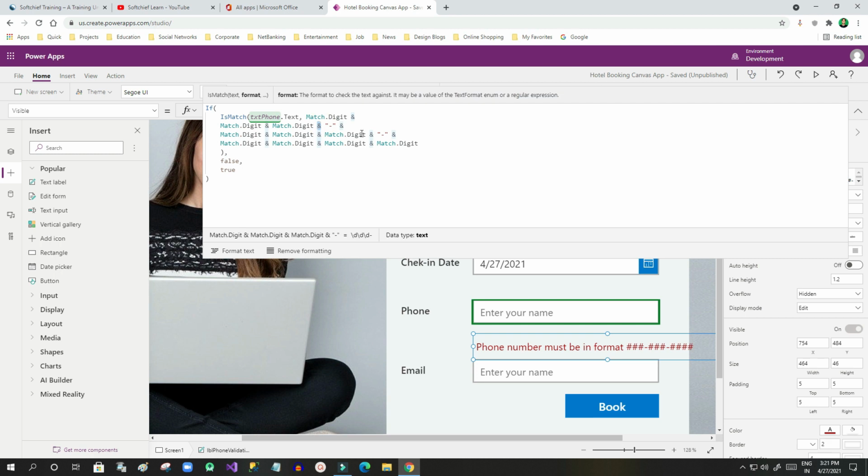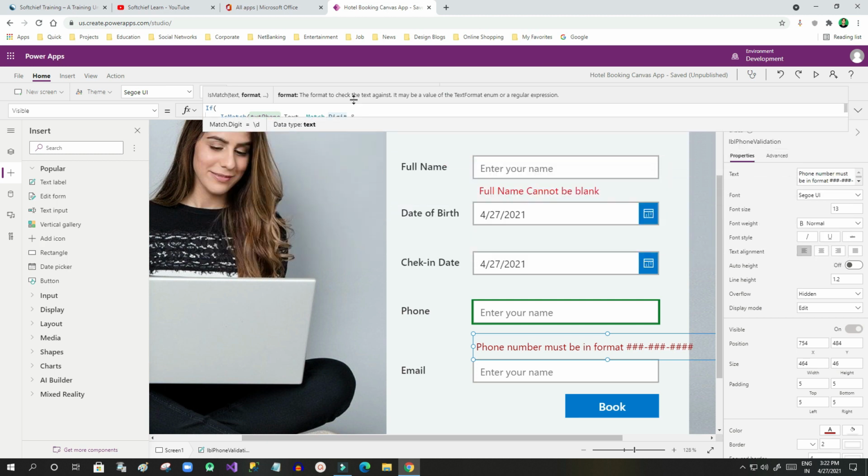The ampersand is used to concatenate one piece to another, then again ampersand, three digits, then again hyphen, then four digits. So the phone number should have first three digits, then hyphen, then three digits, then hyphen, then four digits. If it matches, then hide the red label, otherwise display it. Simple, right? You have to remember the IsMatch condition and the Match.Digit condition.